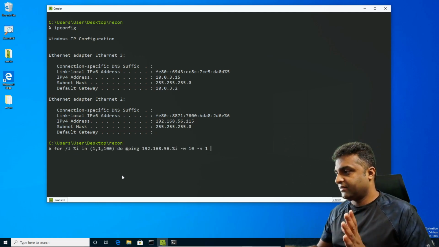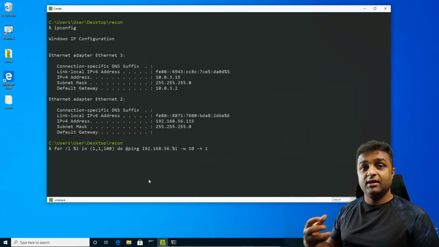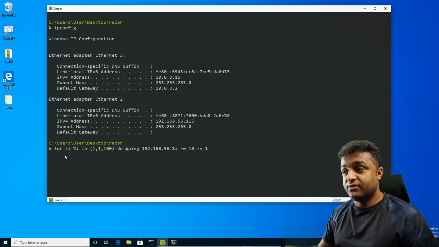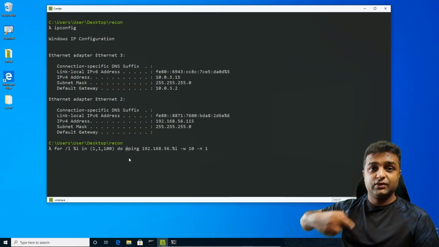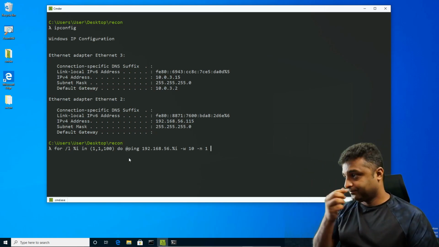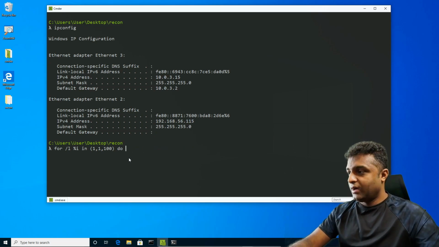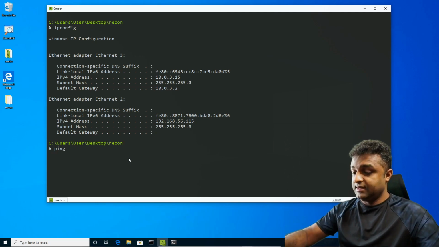So this is the first part of the command. Here we are using a batch script. This is a for loop, in which I'm going to run the ping command in a loop, so it'll be pinging one by one. For example, let me show you one live host machine in my network. If I ping my own computer,